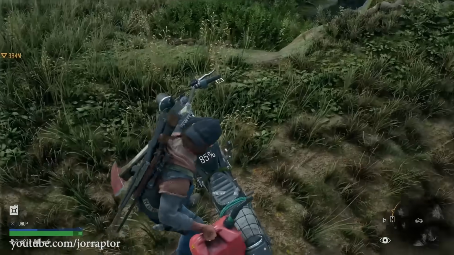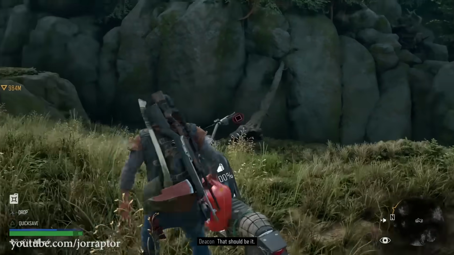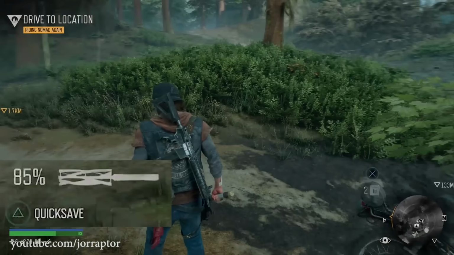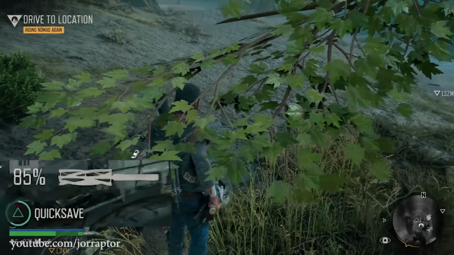You need to be close to your bike to save your game and also be out of combat, but you can also quick save your game easily when at your bike by holding the triangle button. And that would be my next tip. Make sure that every time you get near your bike you hold the triangle button so you quick save your game,